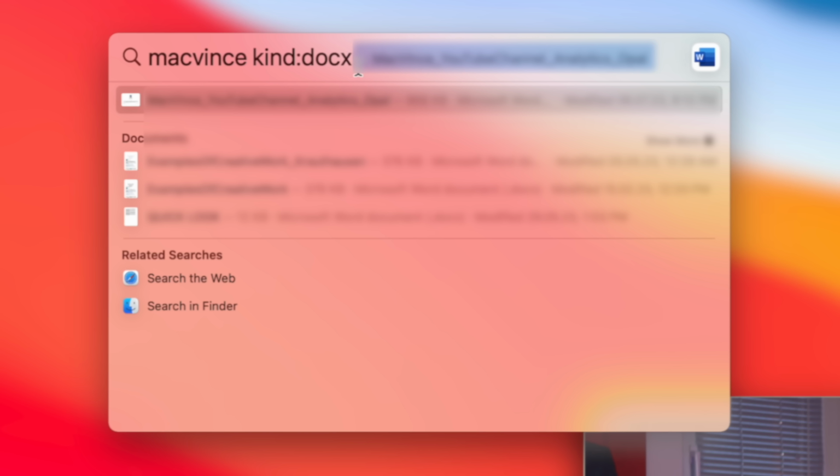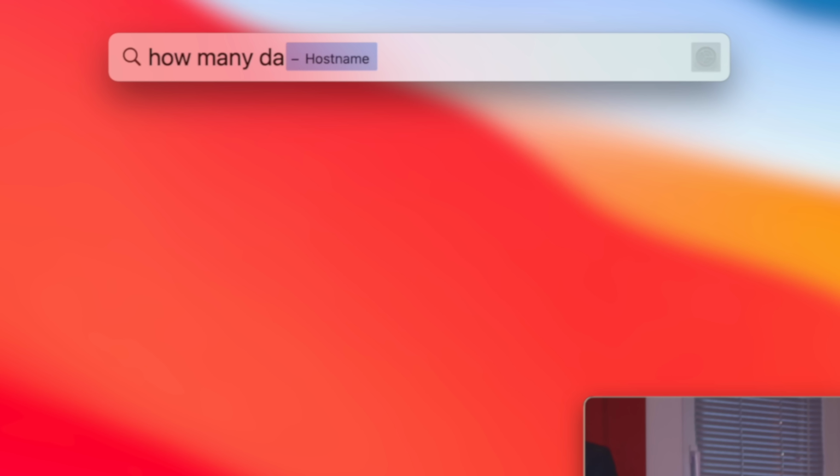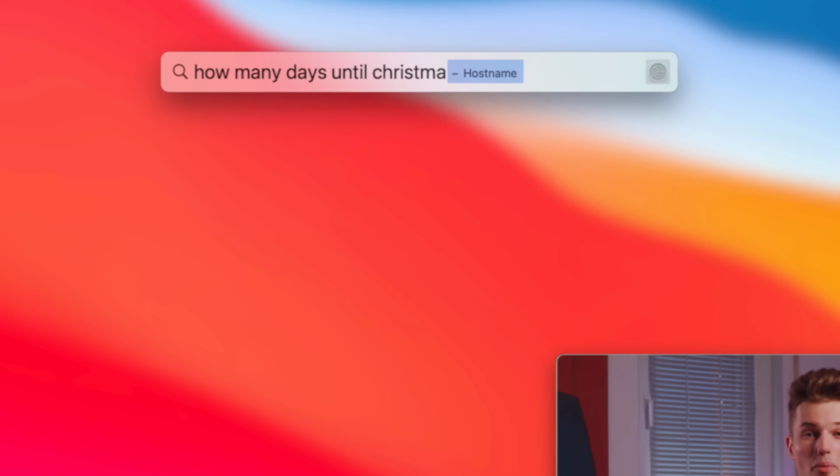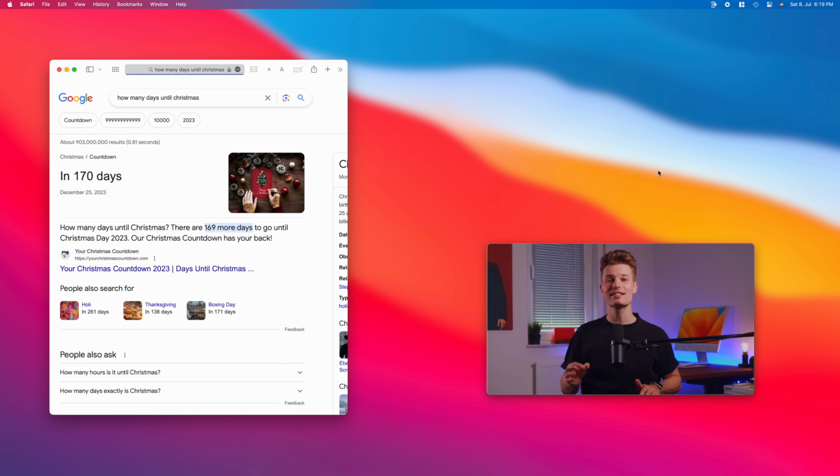You get the idea. Oh, and did I talk about the option to type anything into Spotlight Search, press Command and B, and the search instantly opens in your default browser? Well, now I have. And whilst we're here in the Safari app, if there's a tab you frequently use and